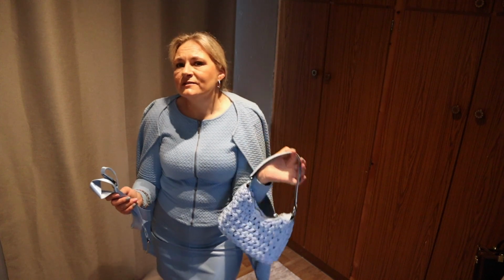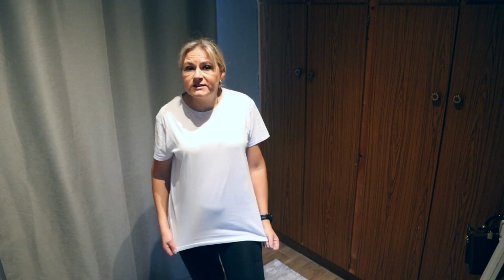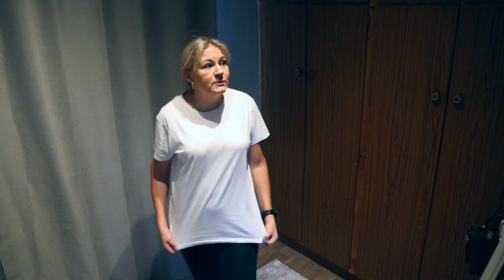around the office setting. So for the next couple of outfits, I'm going to wear this t-shirt, and I don't know if you can see it, but it is actually a bit creased, and that's fully on purpose, because as you will see in a minute when I'm putting on my suit, you can spend a lot of time doing yourself up, making yourself look perfect, and put a lot of effort into what you...